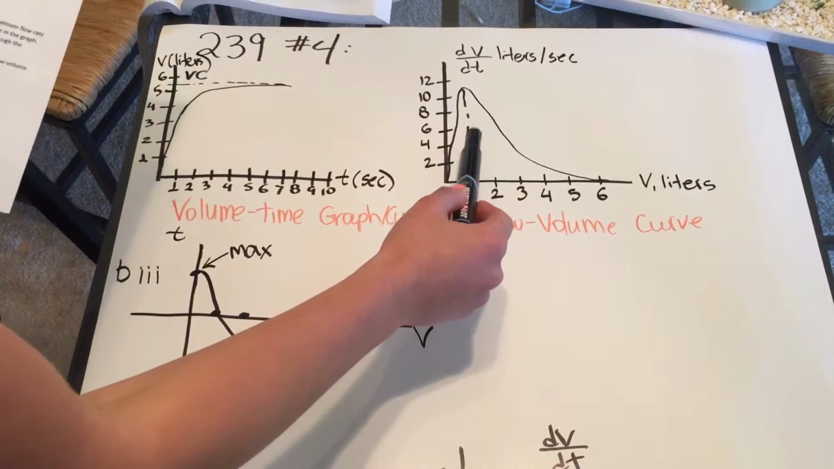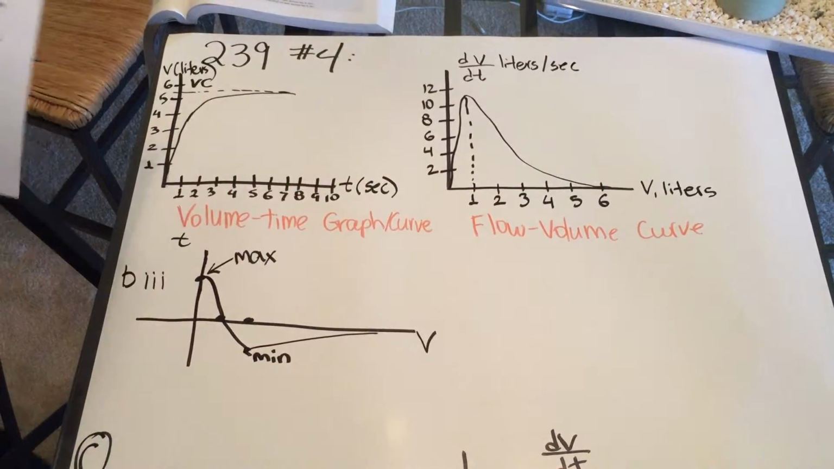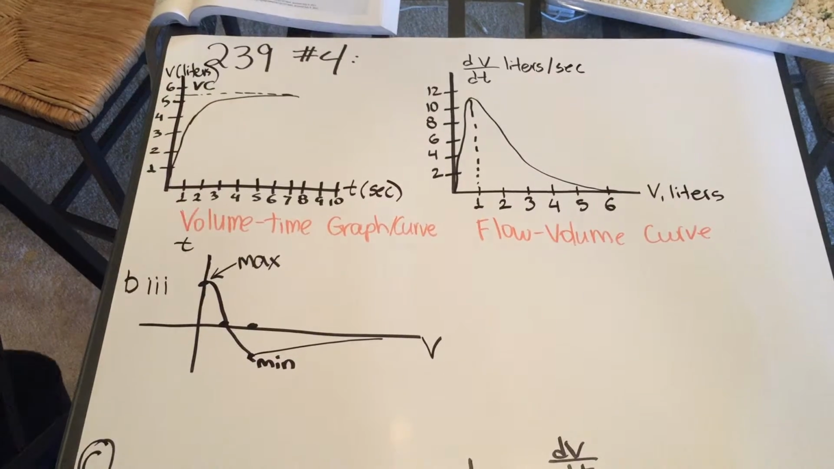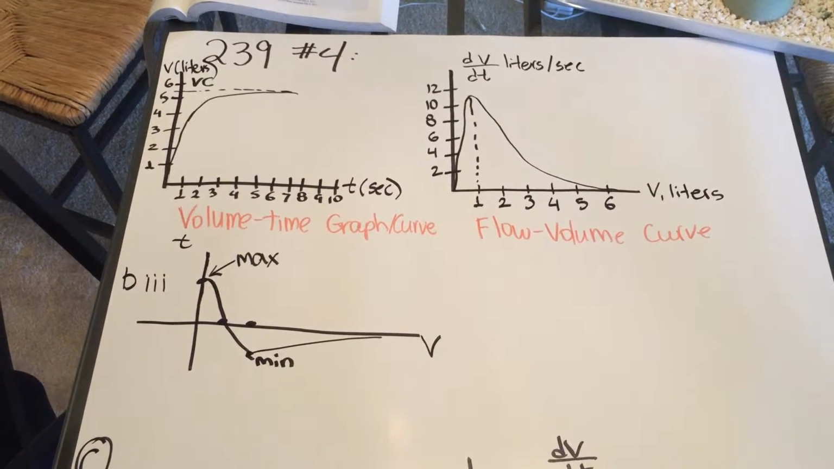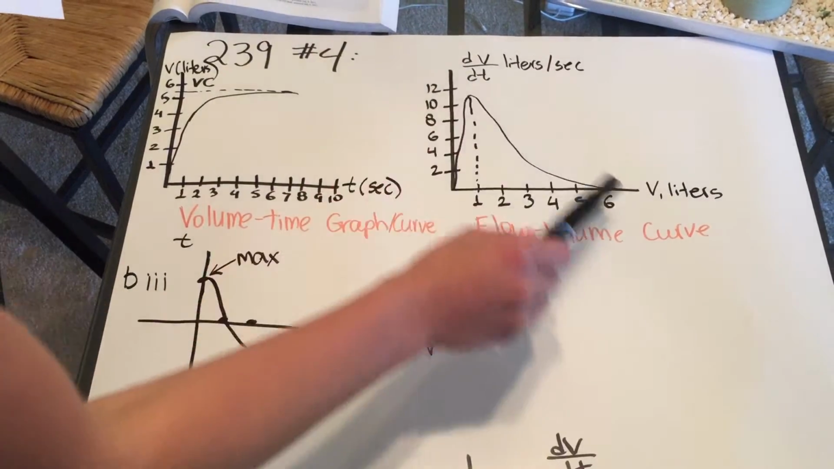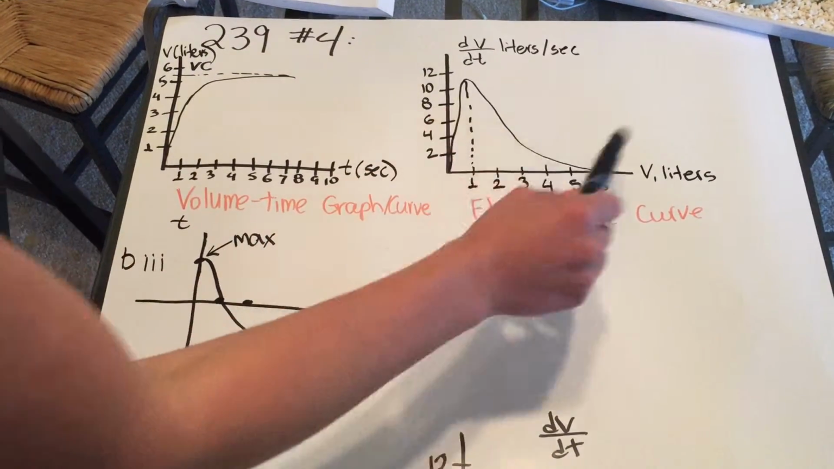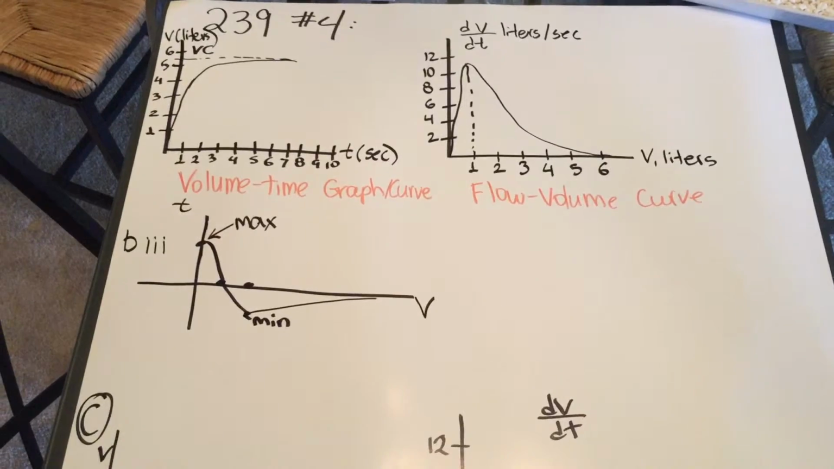We decided that the slope of this flow-volume curve is the rate of change in the flow rate after V liters of air have been expelled from the lungs, and this graph shows you exactly that. It's inhaled and exhaled. For the next one,